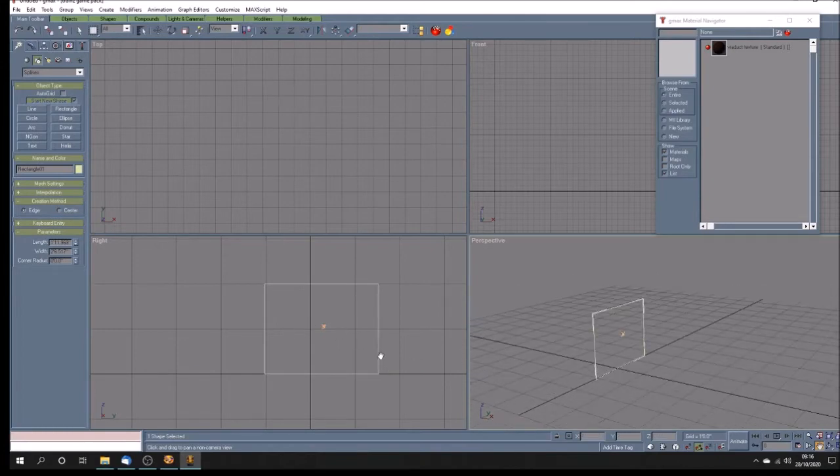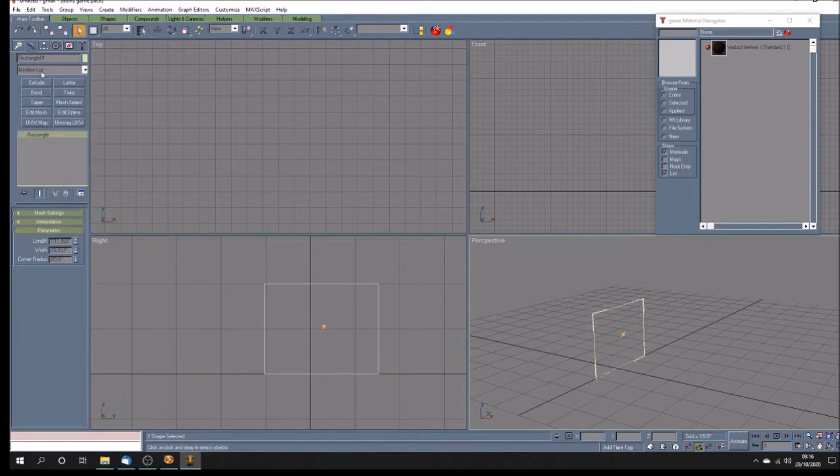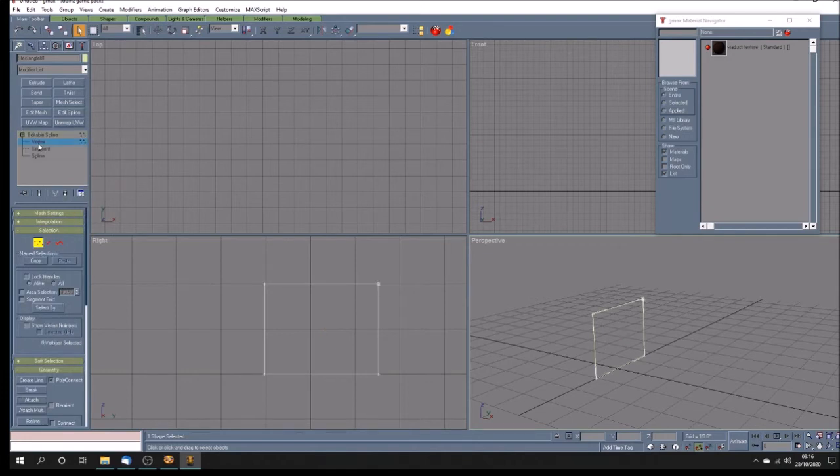So if I was to extrude that into the third dimension, it'd just be another rectangular cube. Well, not a rectangular cube, but, you know what I mean. The cube's got equal sides. But that's not complicated enough. So what I'm going to do is convert that into an editable spline,